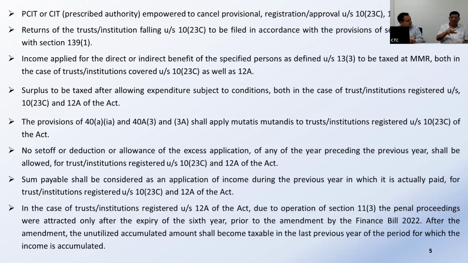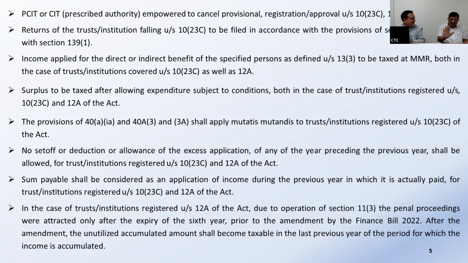Now, if you are following the mercantile system of accounting, your income is to be accounted for on the mercantile system. Application will be allowed on payment basis. So that is one. Either you allow both on payment basis or you don't stop the mercantile system. It will have to be mixed.